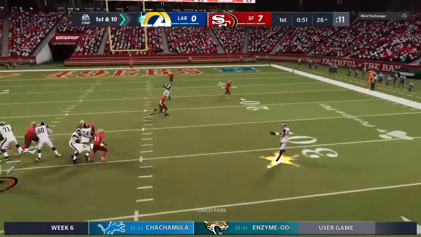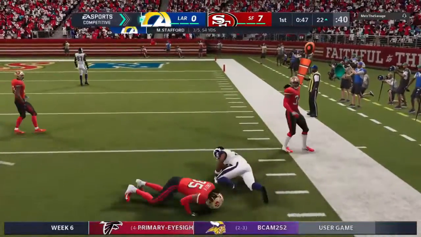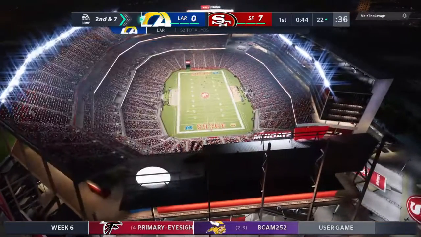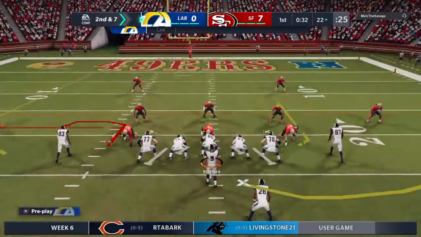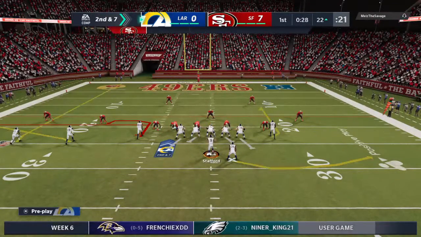On 1st down, Stafford here. Gets this out to Saquon Barkley. This will be a short gain of 3 before he's brought down at the 22. 3 yards the gain there, 2nd down. Brings up 2nd and 7 at the 22-yard